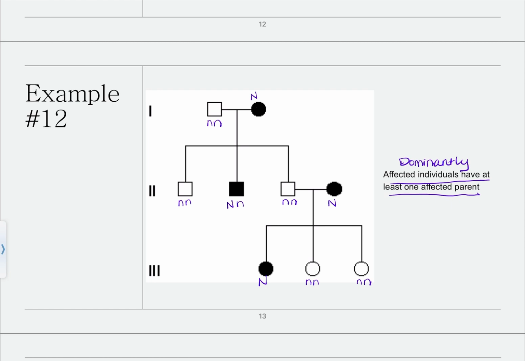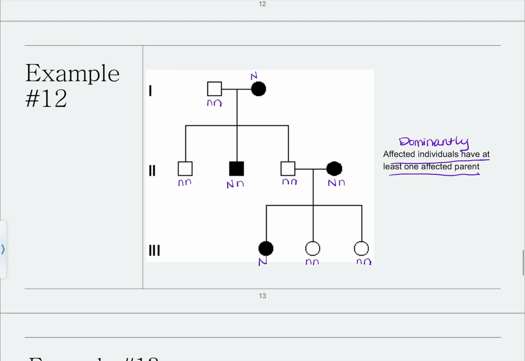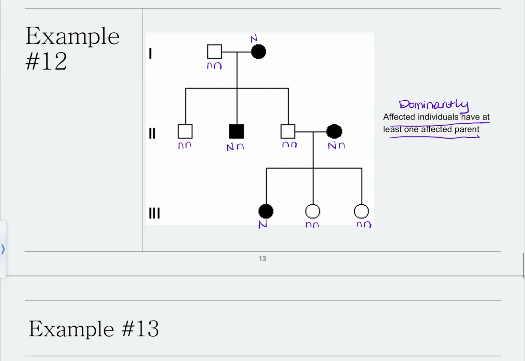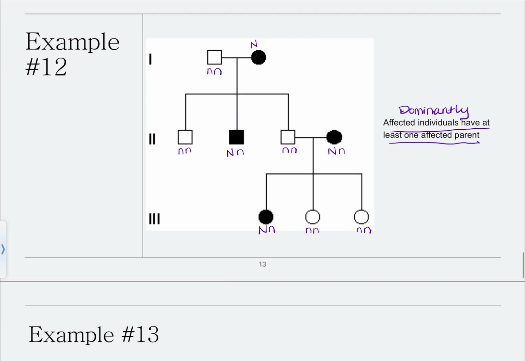This particular offspring produced two homozygous recessive individuals who were unaffected. They got one of the recessive alleles from this parent. They had to get the other recessive allele from the other parent. So the only other possible allele for this parent would be a recessive allele. And if we look at this, they got the dominant allele from this parent because their other allele is recessive, which means that from this parent, they had to get the recessive allele. So the only one we can't really tell